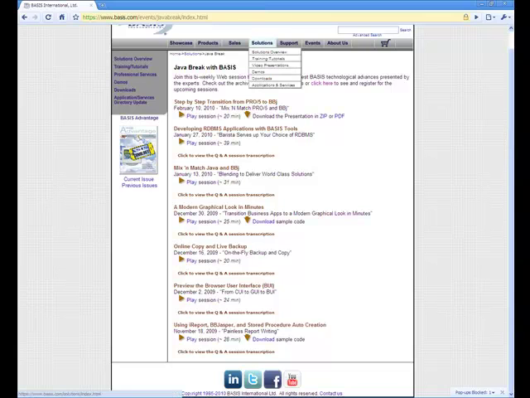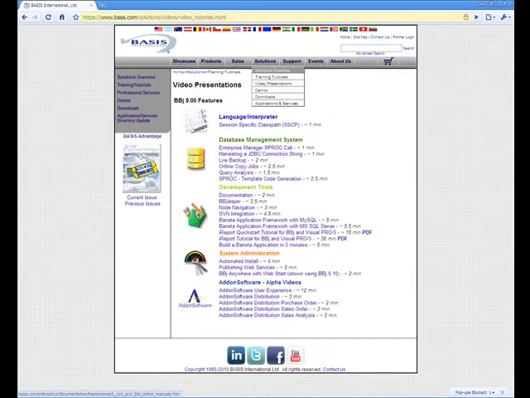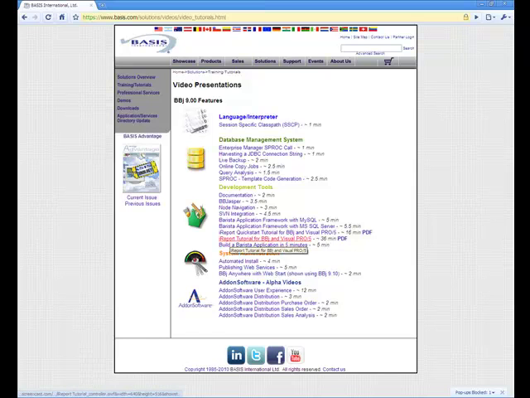If you look at solutions under video presentations, you'll see some additional resource on various concepts and features and functions. These are broken out under language interpreter, database management system, development tools, system administration, and some that talk specifically to the AddonSoftware modules that we've had a brief preview of today. So take advantage of the resources, the wealth of video resources that are available online, as well as the documentation to get more